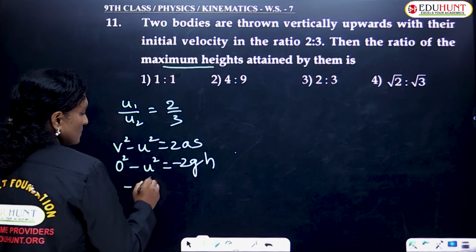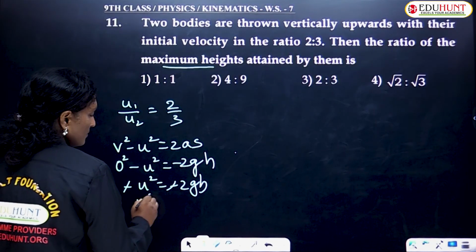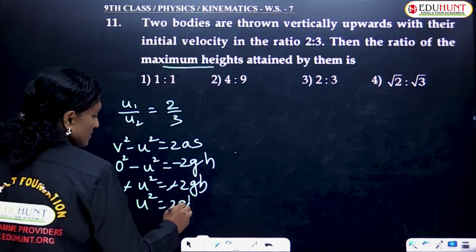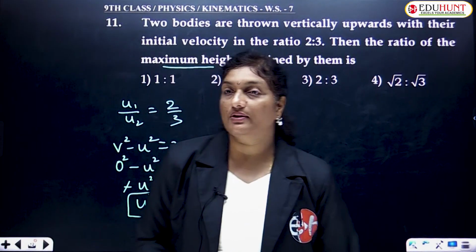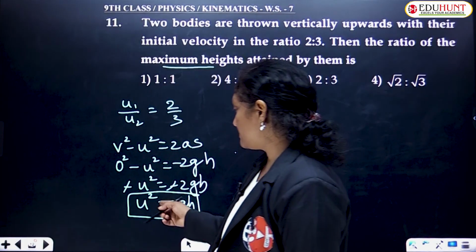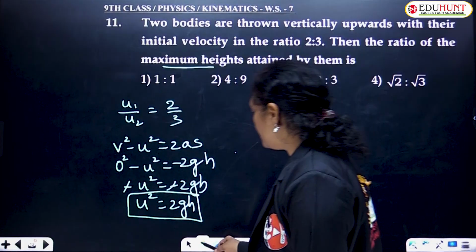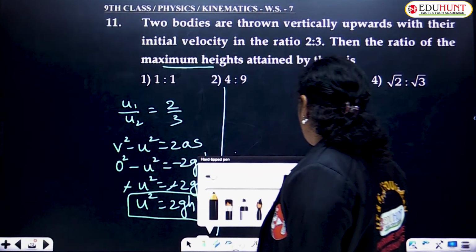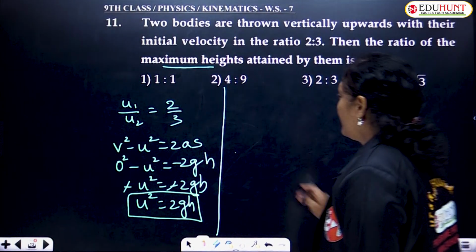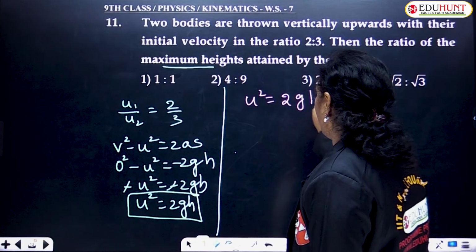So minus u square is equals to minus 2gh, or u square is equals to 2gh. Okay, children. So for any upward motion, we can say that for its maximum height, the relation for h and u is u square is equals to 2gh. So now, in order to find out the given solution, we know that since u square is equals to 2gh,